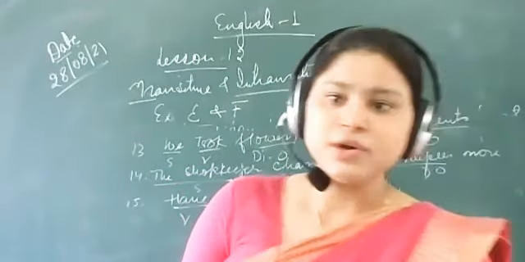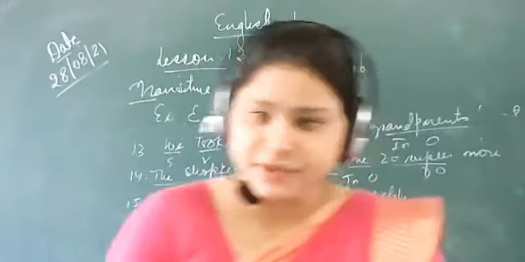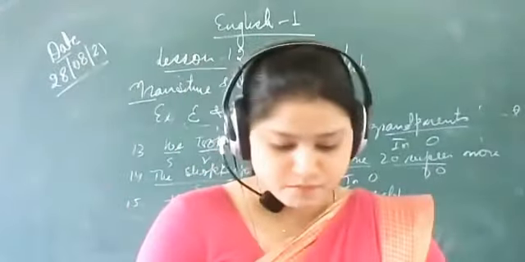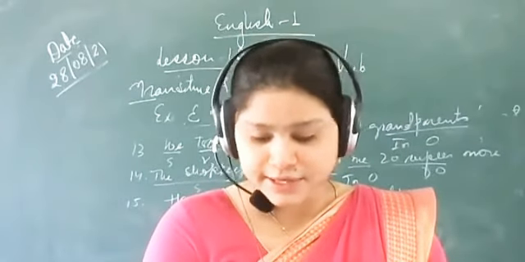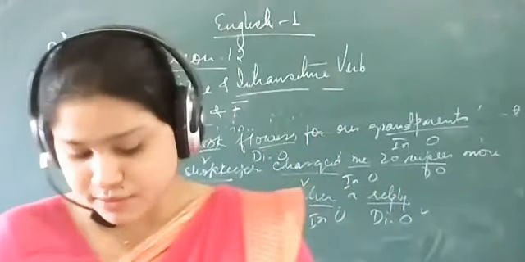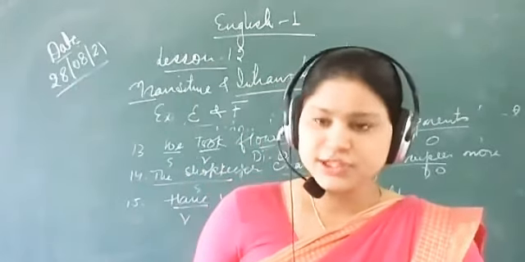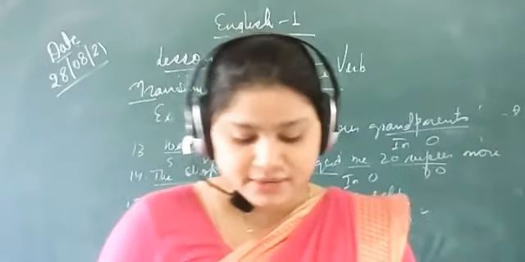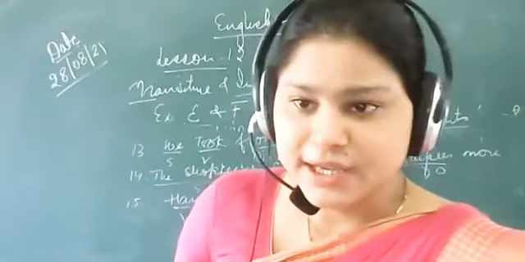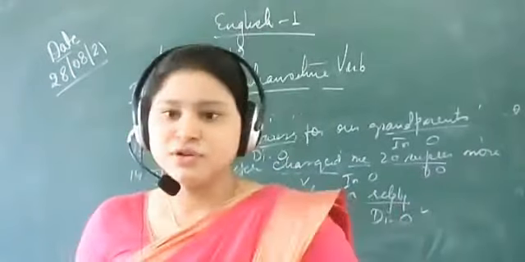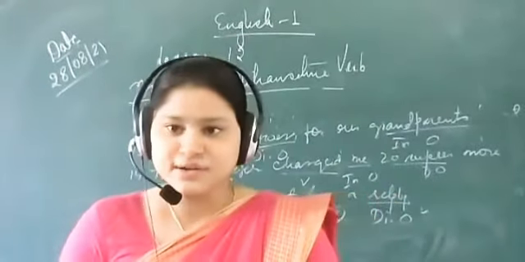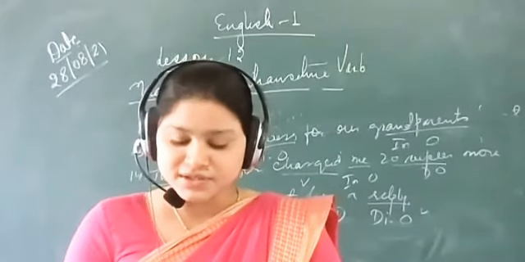Definitions have been given already, so you can check the definition given in your book. Transitive verb and intransitive verb definition, page number 61. In the last line, it is given that a verb that does not need an object to complete its action is an intransitive verb. Just after that, there is an example, so you will write that example just after that.